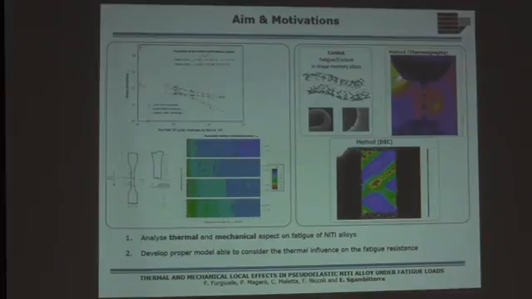nanoindentation performed on the surface of the material after failure, in order to investigate how the stabilized martensite is involved in the fatigue resistance process. Today I just want to talk to you about the local effects involved during fatigue loads in nickel titanium shape memory alloy from a mechanical point of view, with the help of digital image correlation, and from a thermal